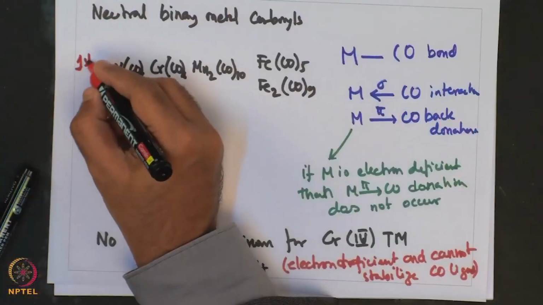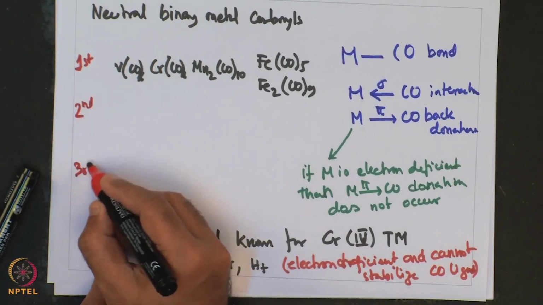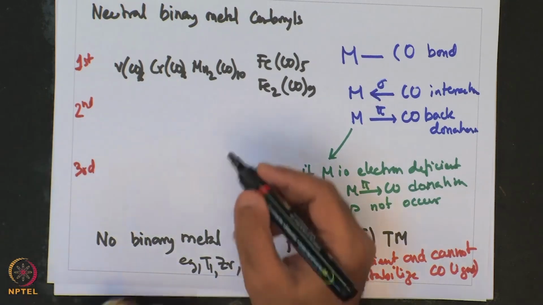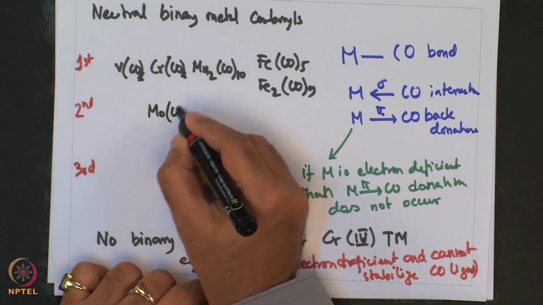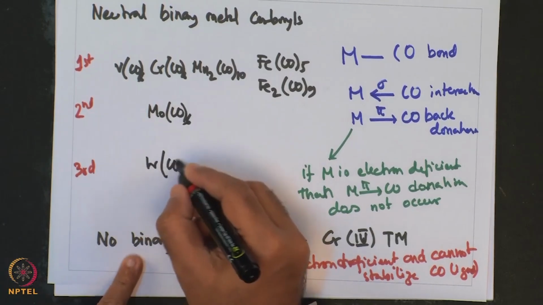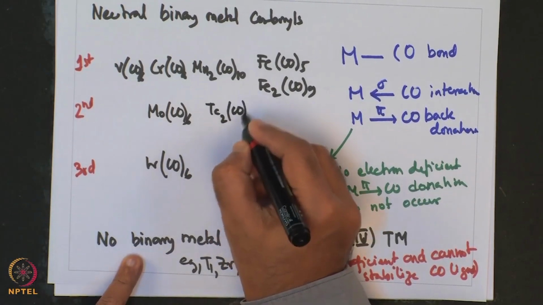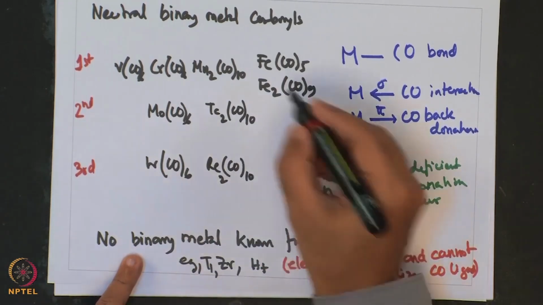On the other hand, among electron rich metals, this is quite common, and not only for the first row transition metals, but the same can be seen for the second row and third row, with the corresponding chromium counterparts, molybdenum Mo(CO)6 as well as tungsten W(CO)6, or the manganese group ones like technetium Tc2(CO)10 or Re2(CO)10 being known.